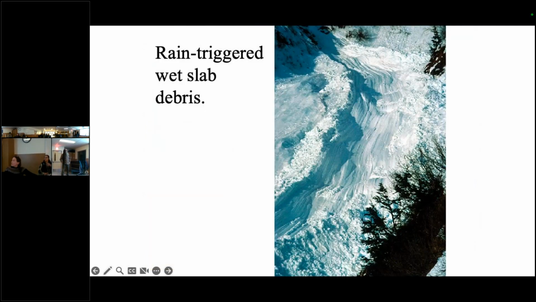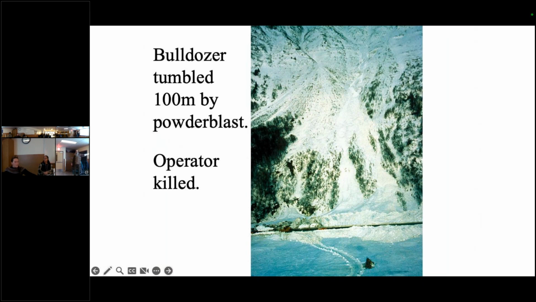Oops. There we go. So this is debris from a rain-triggered wet slide. When it's wet like this, debris tends to stay on the ground and follows the terrain features, but it can also create its own terrain features as part of the snow stops. It'll redirect the snow in a different direction. If you've ever seen anything like that, it looks like a bulldozer's been up there. The sides of that, the debris can be 20 feet tall.